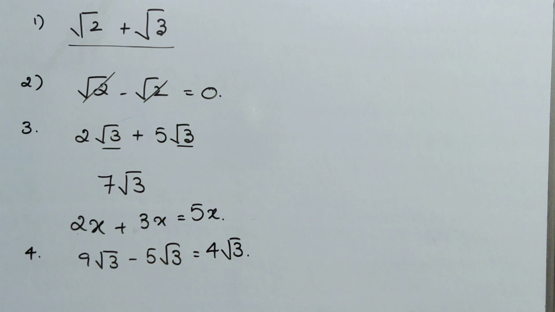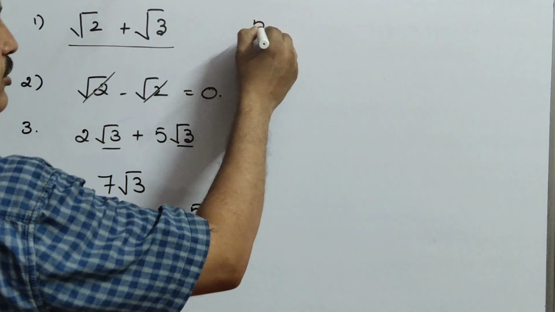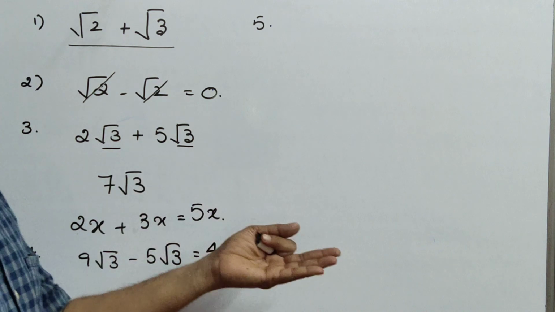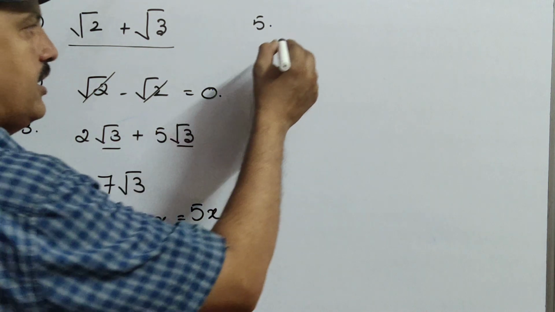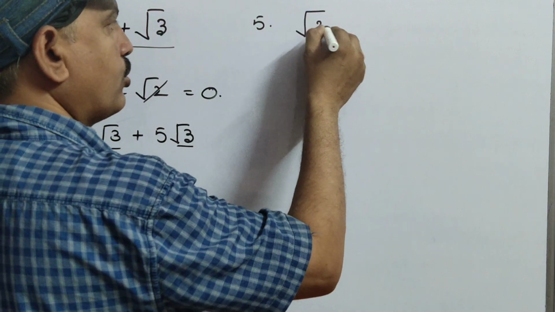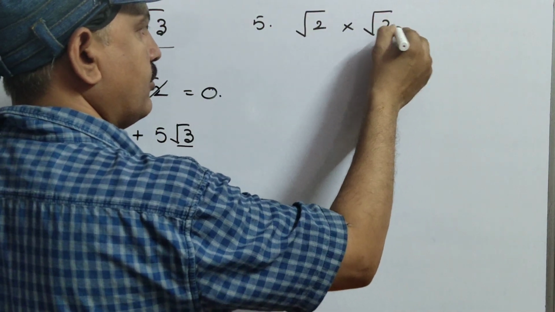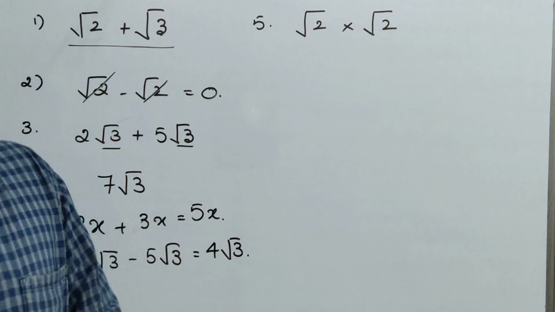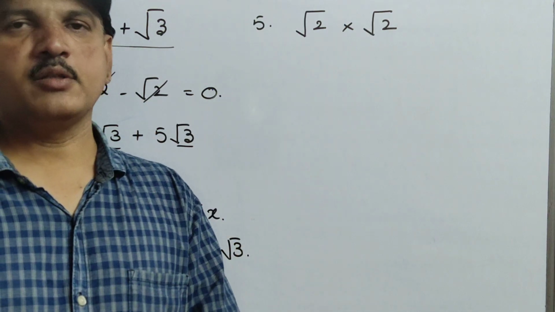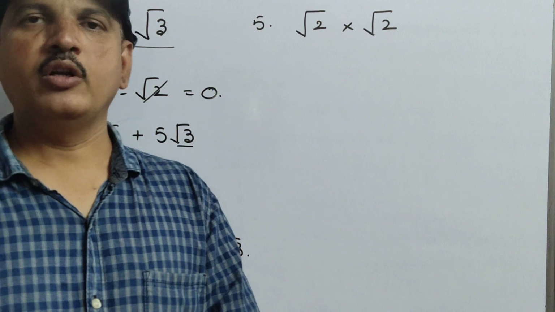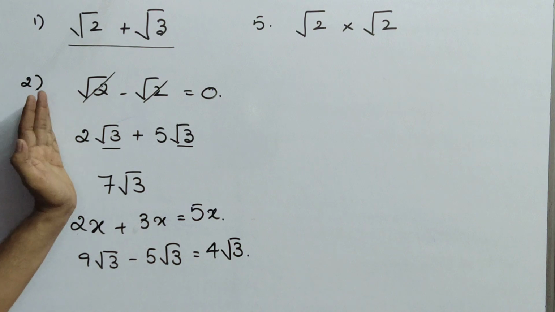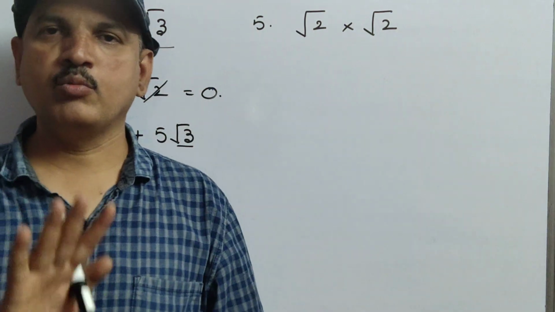Okay. Now, these are all about addition and subtraction. Now coming to multiplication. Here, a little bit of a problem. Problem in the sense, no problem. If there is a problem only, we are solving. So here, see here. Root 2 into root 2. What do you observe here clearly? Both are the same terms. Don't bother here in multiplication. You can do any unlike or like terms multiplication very easily. Only in addition and subtraction we always have to see whether they are like terms or not. Whereas coming to multiplication and division, don't bother about that.